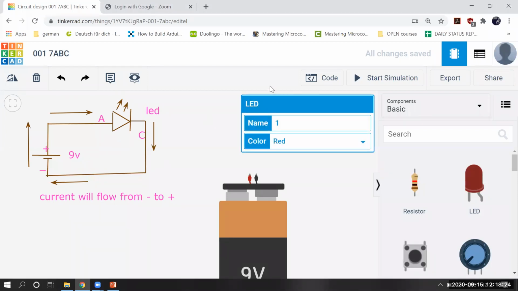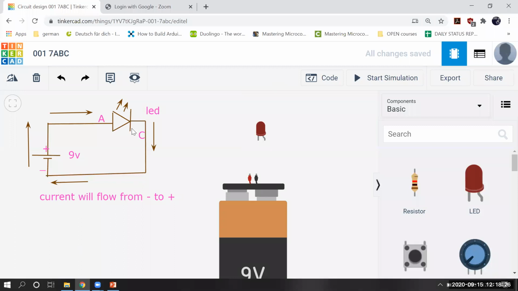So we have this LED. Now we will just connect it like this, as shown in the diagram. Plus will be connected to the anode of the LED. So this is anode, I will connect it to the plus. So here it is plus, I will connect it like this. And then the cathode is this one. Where is it connected? It is connected to the negative part. So I'm connecting this to negative, right?